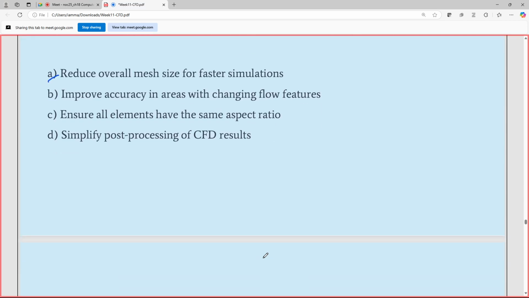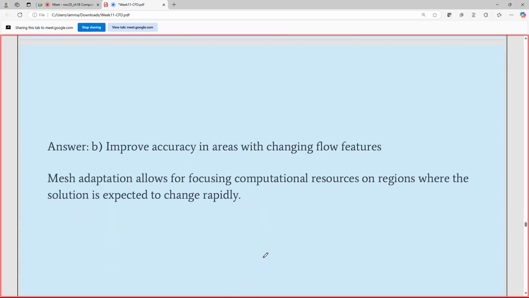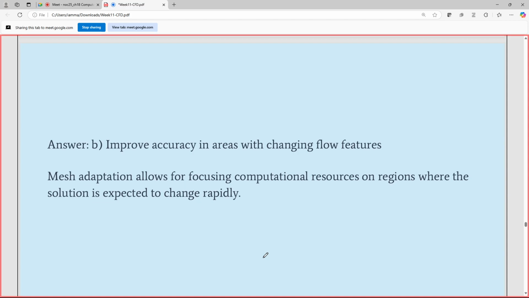The answer is option B, that is improve accuracy in areas with changing flow features. Mesh adaptation allows for focusing computational resources on regions where the solution is expected to change rapidly. The adaptive meshing technique is